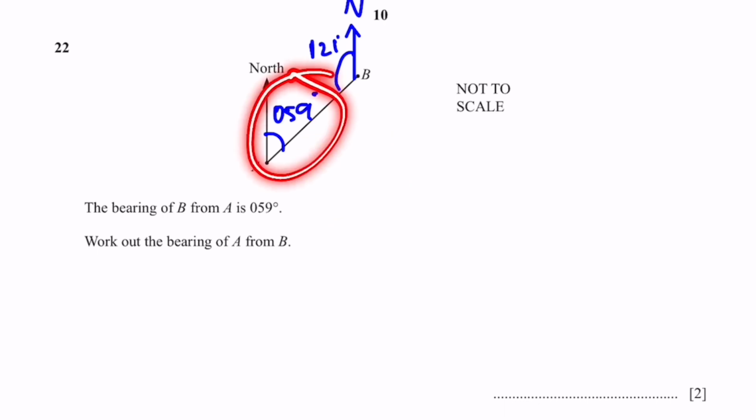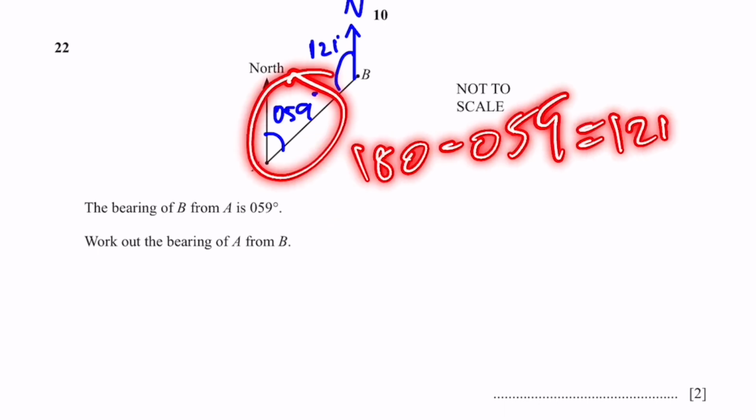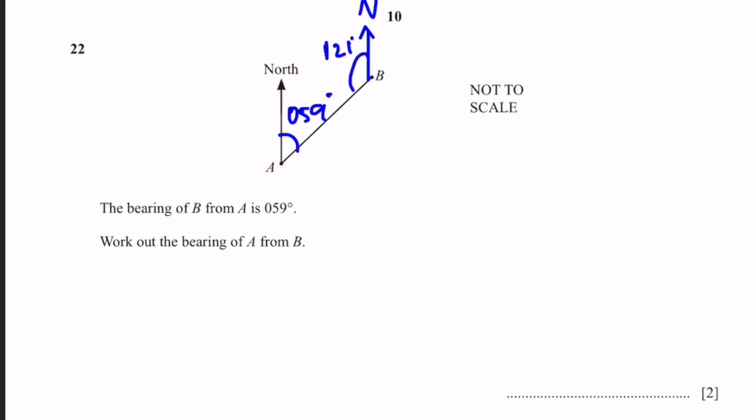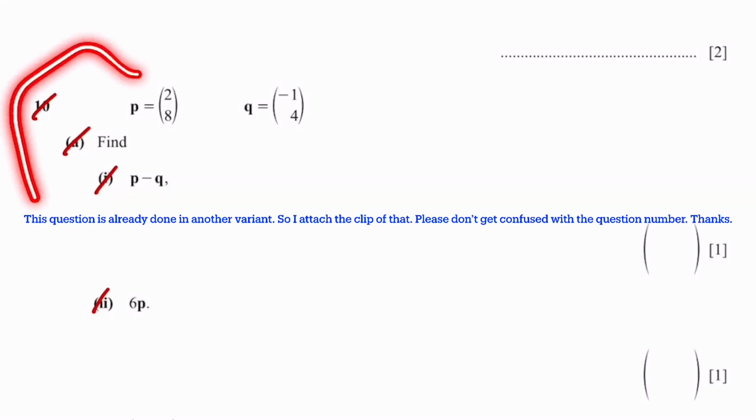That's why I was subtracting 180 minus 0.59 to get 121. And the bearing of A from B is this angle because you go clockwise all the time. So when you put that angle, we get 360 minus 121, which is equal to 239 degrees. That's the answer. Question 10a, both parts 1 and 2 have been done in the previous core paper, and therefore